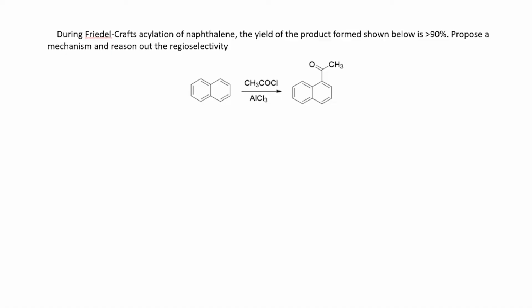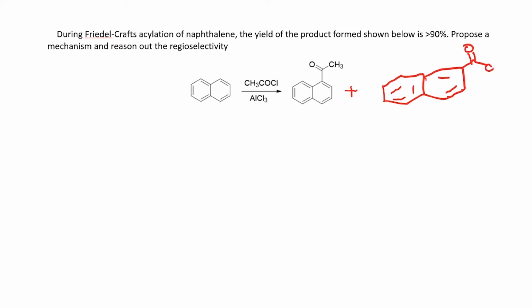Here is the reaction of naphthalene with acetyl chloride in the presence of aluminum chloride, and it actually gives you greater than 90% of this compound. So if you look at the regioselectivity of this reaction, actually there are two possible products. So this is one, and the other one is actually the 2-substituted compound, which is as shown here,